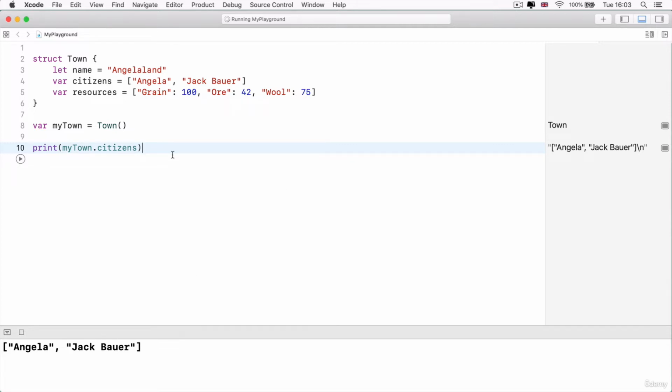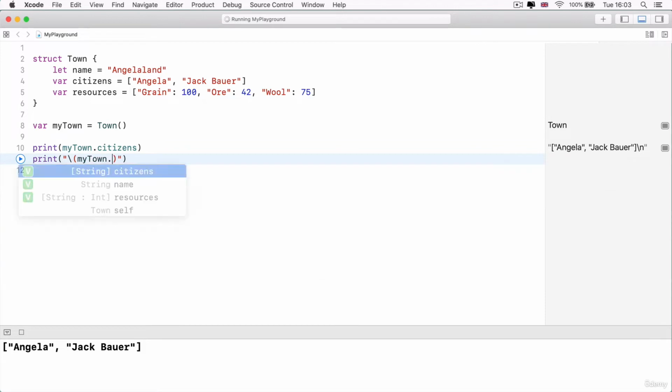Now I can tap into some of the other properties as well. So for example, if I wanted to use string interpolation to get hold of myTown.name, so the name property of my town, and then let's say my town has, let's do like a little report, shall we? How many bags of grain have I got?